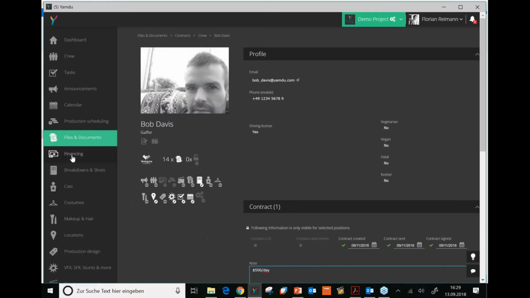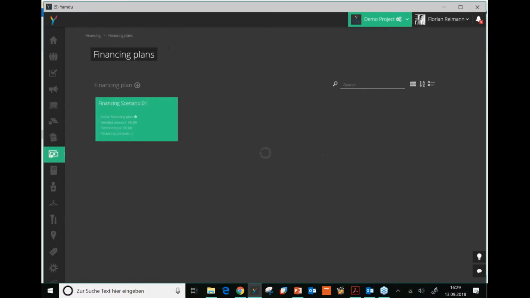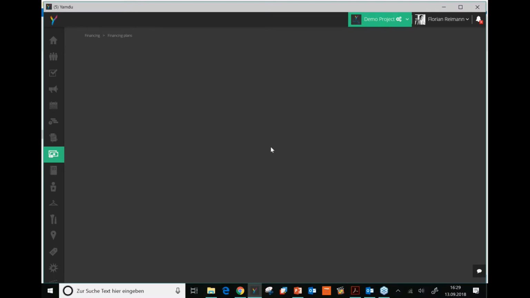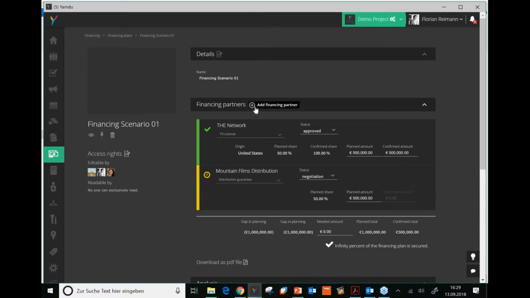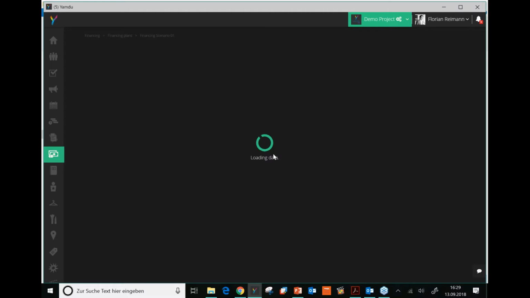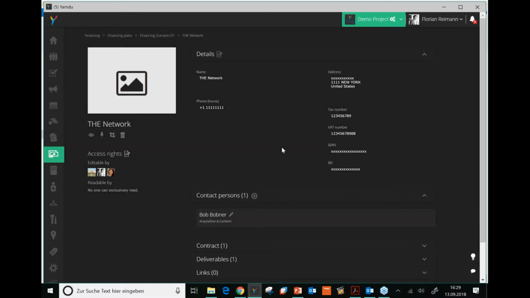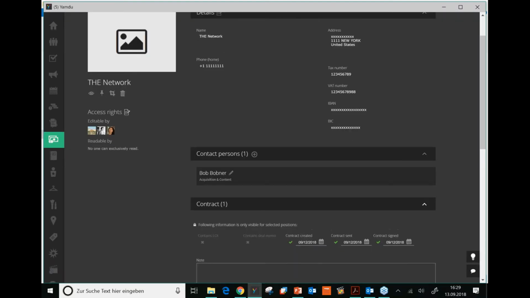Then there are more specific tools, like for example the financing. You can create different financing scenarios. That's pretty much the same all the time, clicking the plus and adding new partners. If you create financing partners in financing plans, of course there are also objects in the file sharing section, and you can link different information like their address information, different contact persons, of course also the contracts and even the